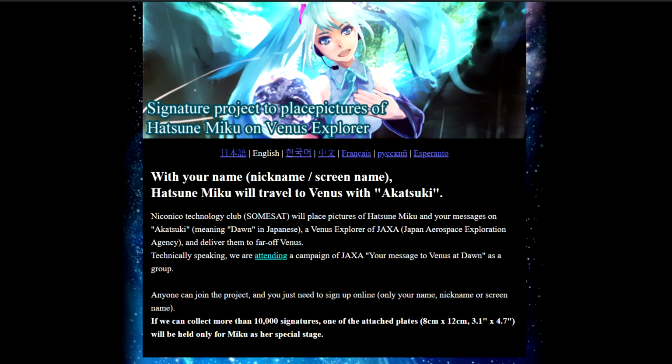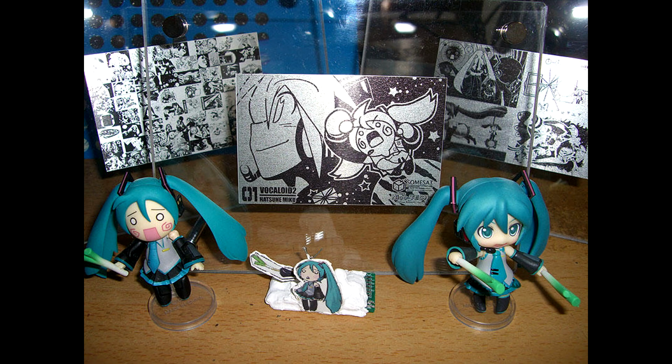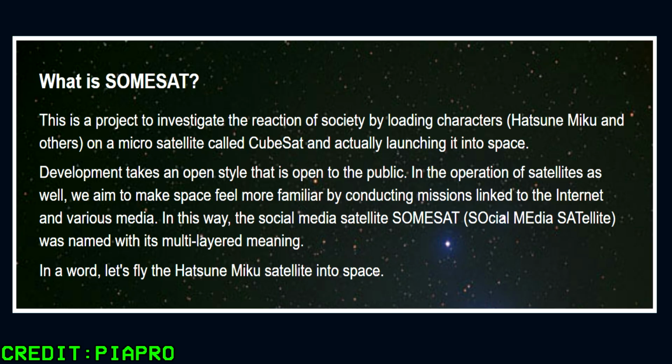There was a petition created by Somsat to put drawings of Japanese pop star and virtual singer Hatsune Miku on 3 of Akatsuki's metal plates. The petition reached over the 10,000 required submissions, and a contest was launched on PiaPro to solicit the artwork for the plates. Somsat, or Social Media Satellite, has been doing outreaches using Vocaloid and Hatsune Miku for a while now,